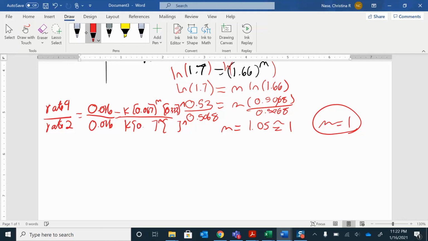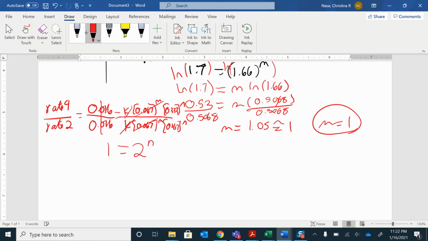This one is 0.067, and this one is 0.167. All right, so these cancel and I end up with 1. My k's cancel, these cancel, and I end up with 0.33 divided by 0.167, which gives me 2 raised to